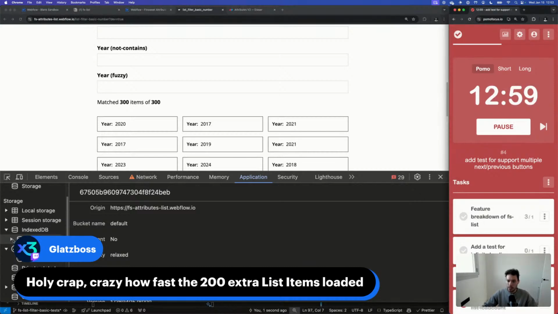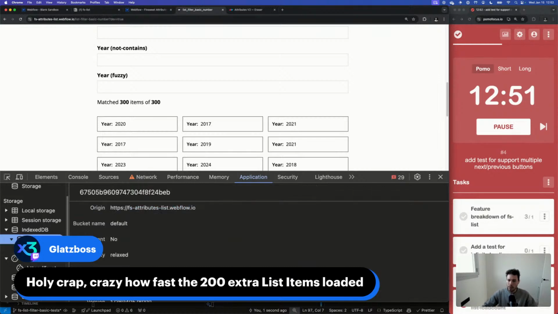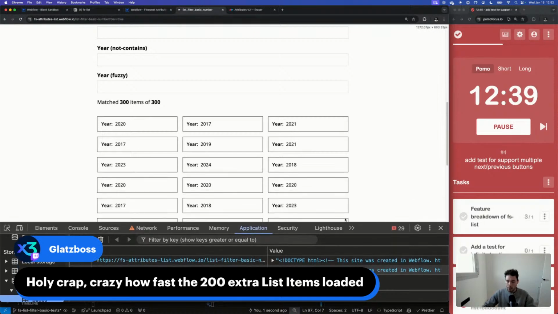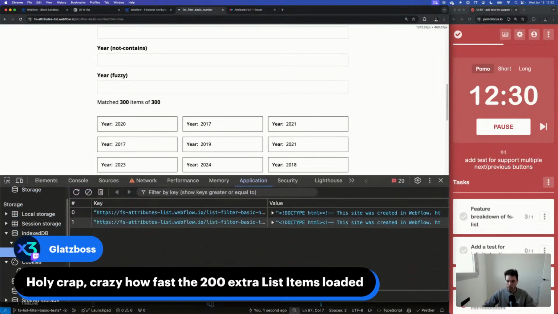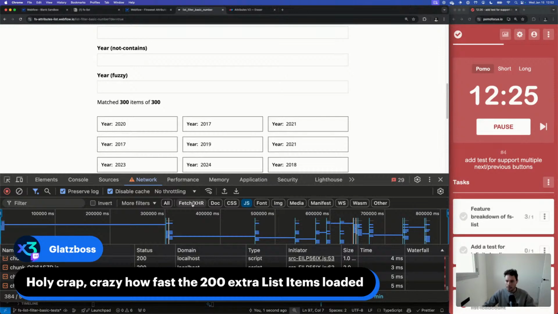But essentially, when we are loading extra pages for paginated CMS items, we only do it once. So if you're reloading the page, this does not need to be fetched again. It can come from the IndexedDB cache.